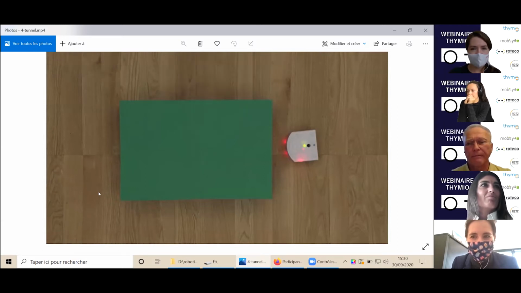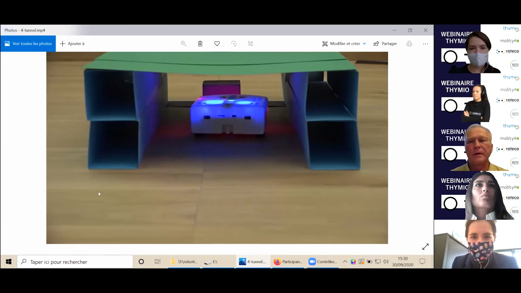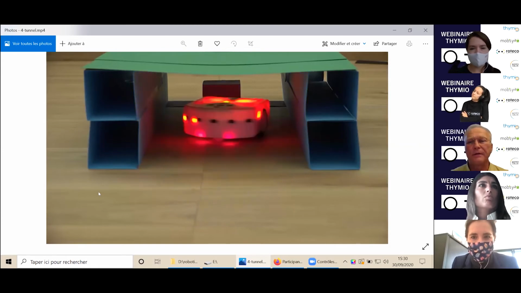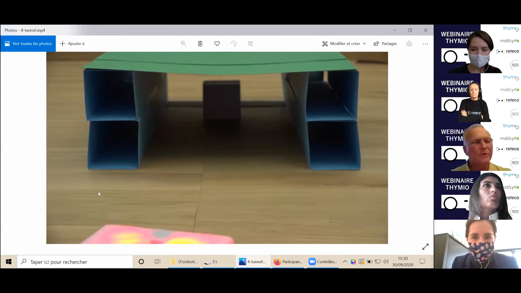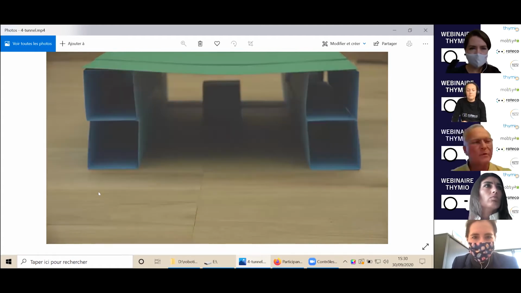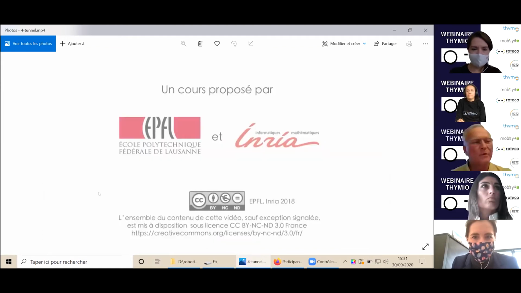Okay. Now you see the object at the end. Thymio approaches, and he turns back faster with a big sound and a red light. Okay, and the challenge for pupils is they have a mysterious tunnel, and they don't know what they can find in it, and they have to